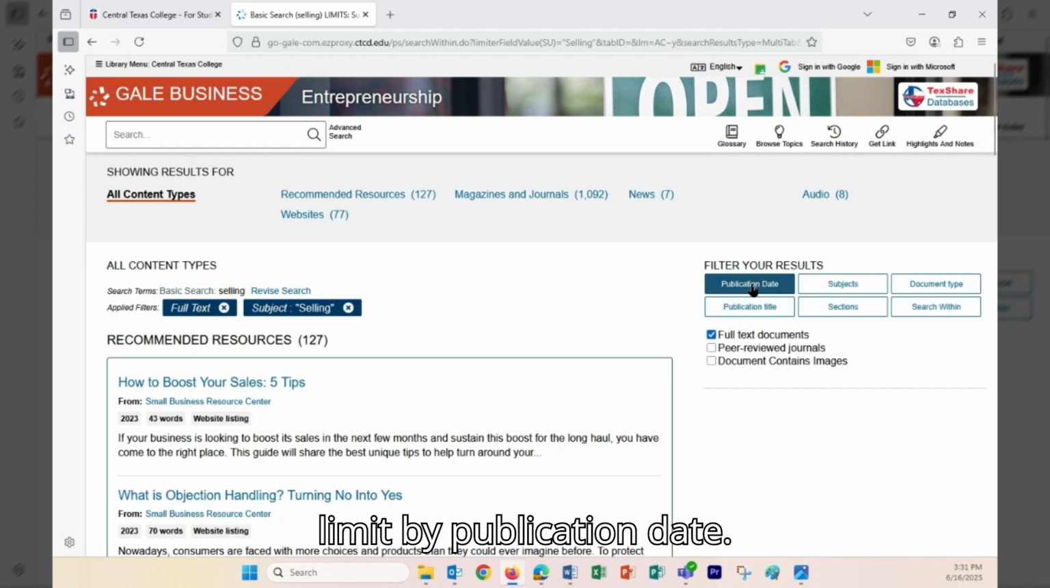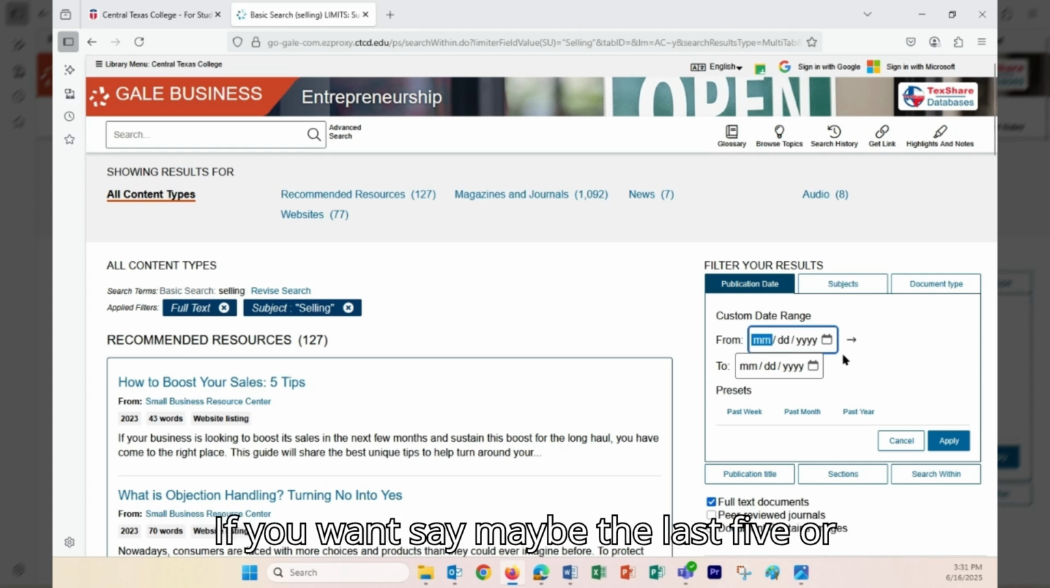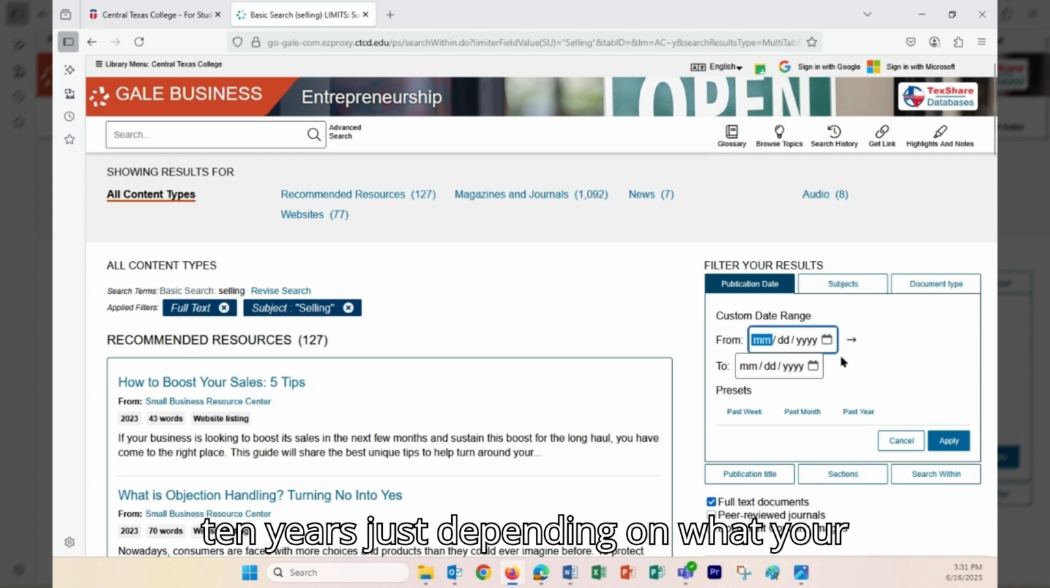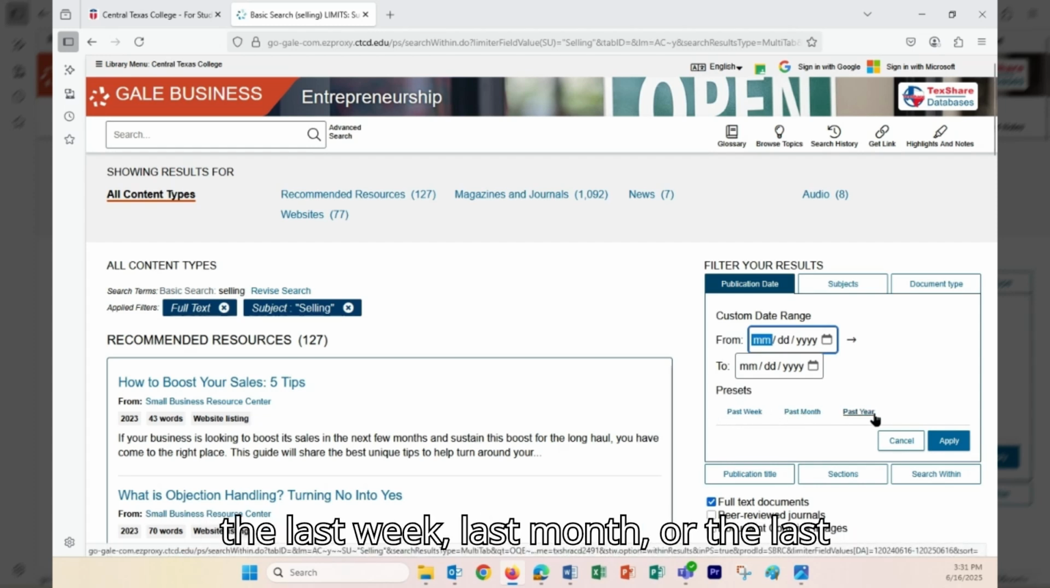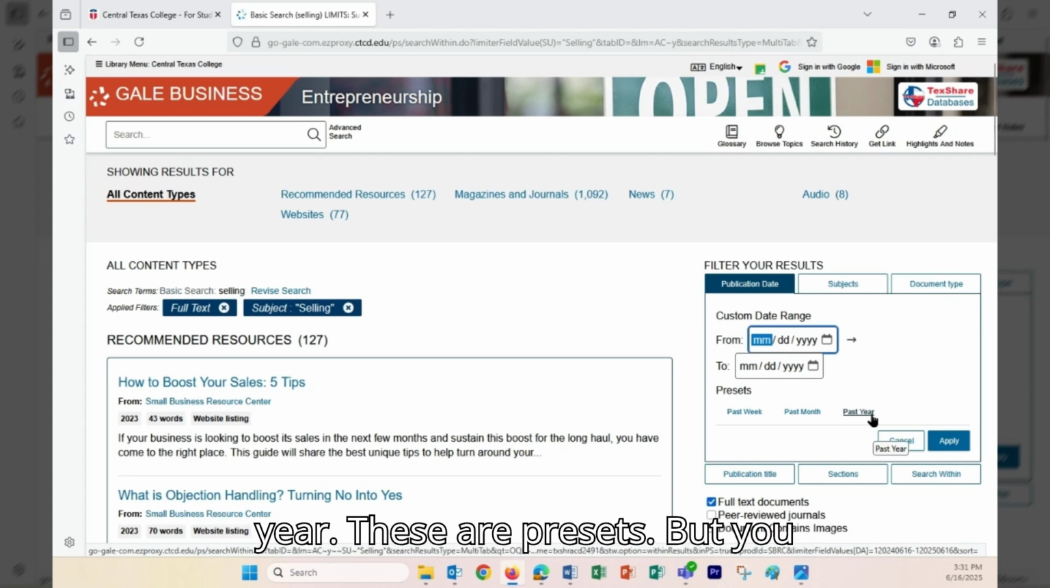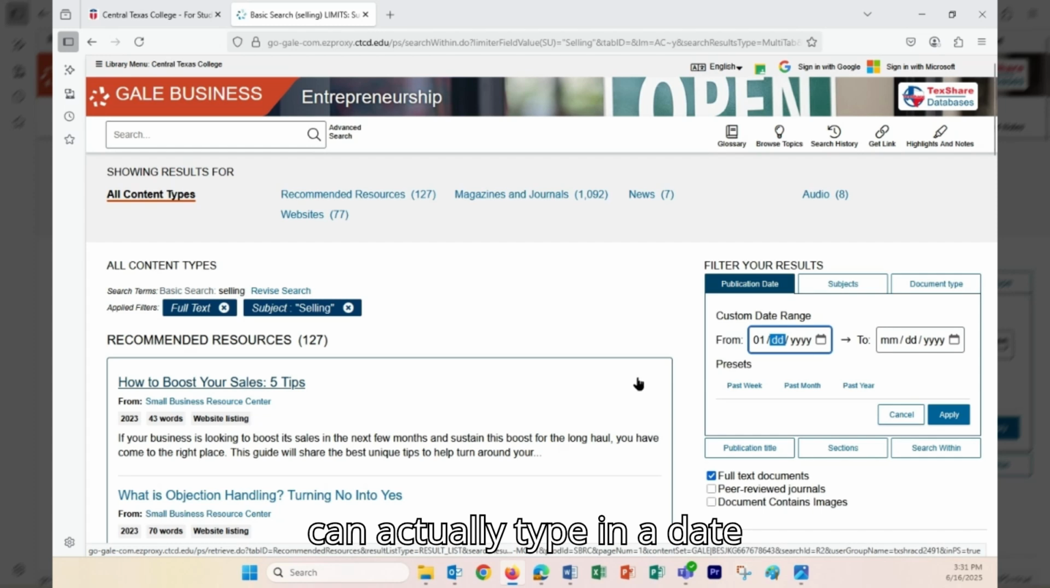You can also limit by publication date. By that, you just type in a date range. If you want, say, maybe the last 5 or 10 years, depending on what your professor has said. Or you can have the last week, last month, or the last year. These are presets. But you can actually type in a date range of, say,